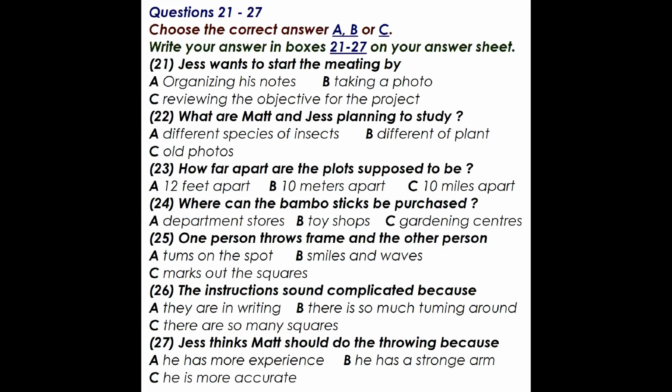Make a 1-meter square frame using bamboo sticks available from the department stores. Yes, we've already done that. I know, I'm just reading the whole section. Okay. 1 person stands roughly in the middle of the chosen area and throws the frame. The other person uses a tape to mark out the square where the frame landed and returns the frame to the thrower. The thrower then turns a few degrees on the spot and throws again. The thrower must turn slightly after each throw and vary the force of the throw until after the 10th throw they are pointing in almost the same direction as the first.